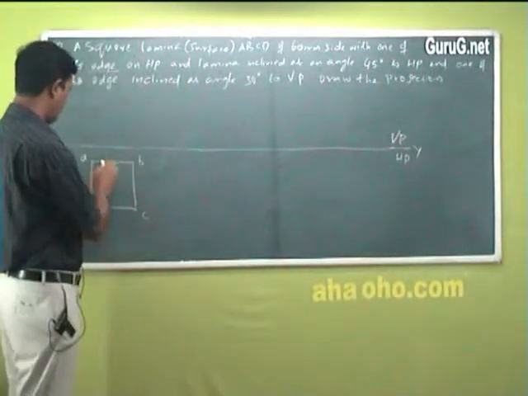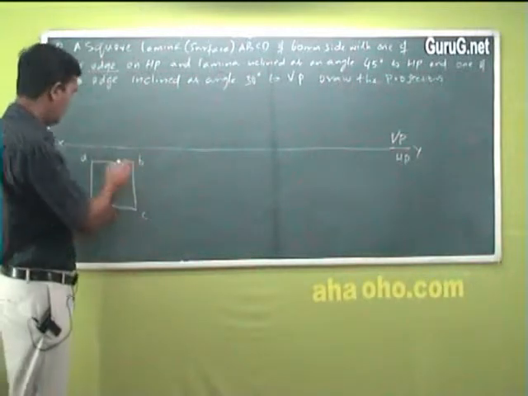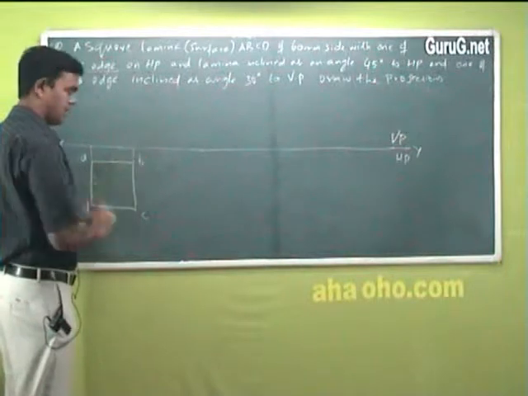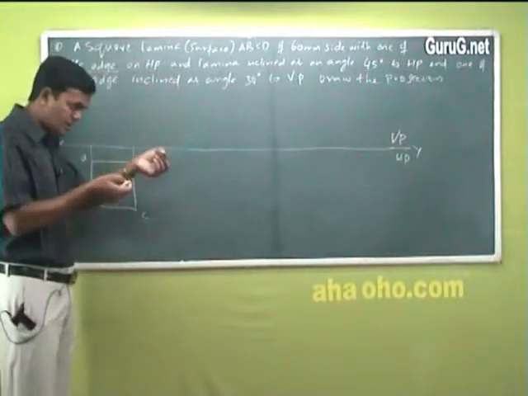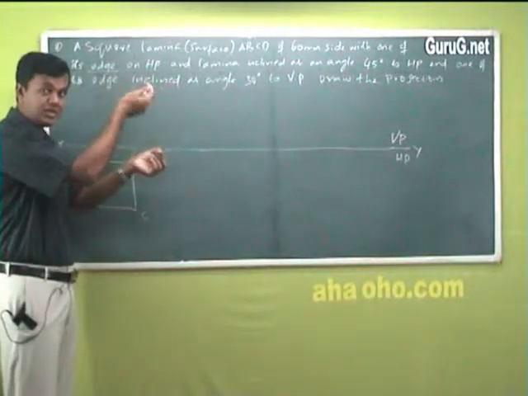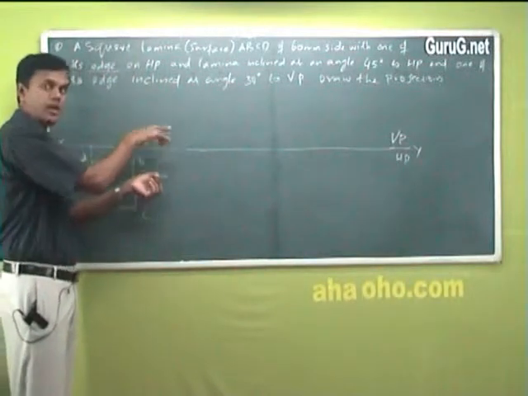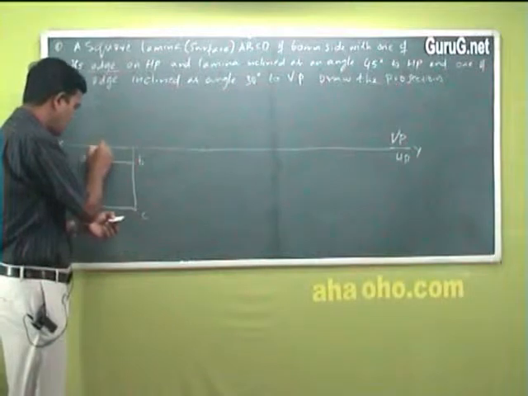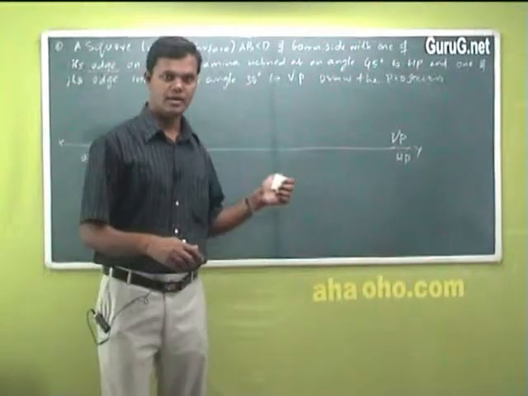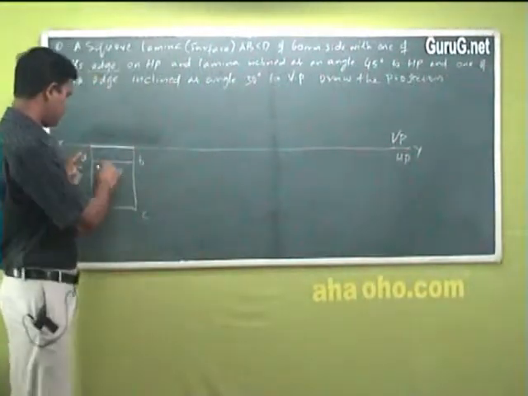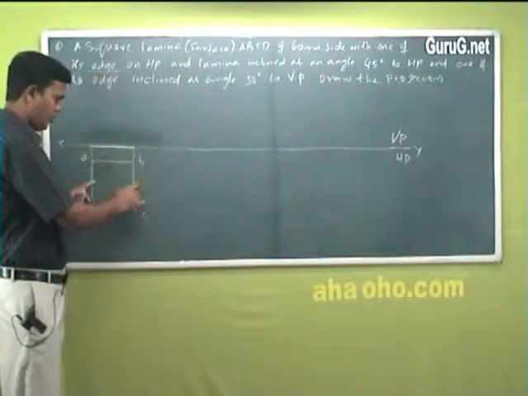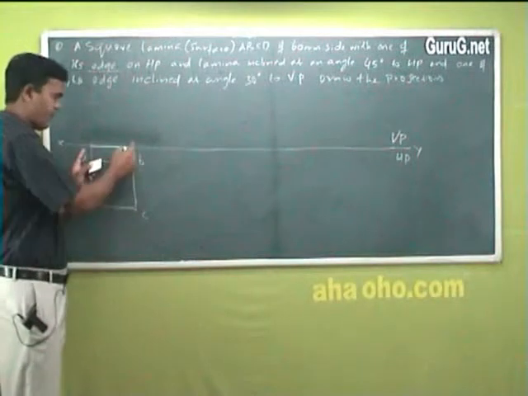Now what to do? These are the points. Now just project them on top like this, because I have to see that the question says the edge is resting on HP. HP means the XY line. On VP means again the XY line only. So I'll draw this like this, and make it this thick. So this is my diagram. I have projected the top view, which is exactly a square, but the front view I am writing now.